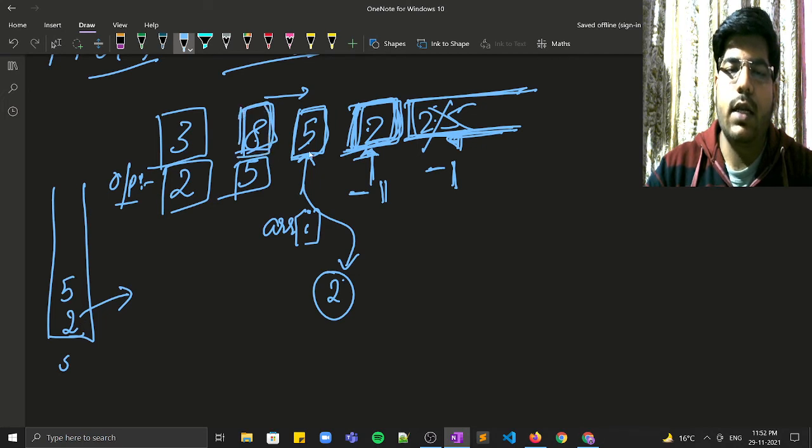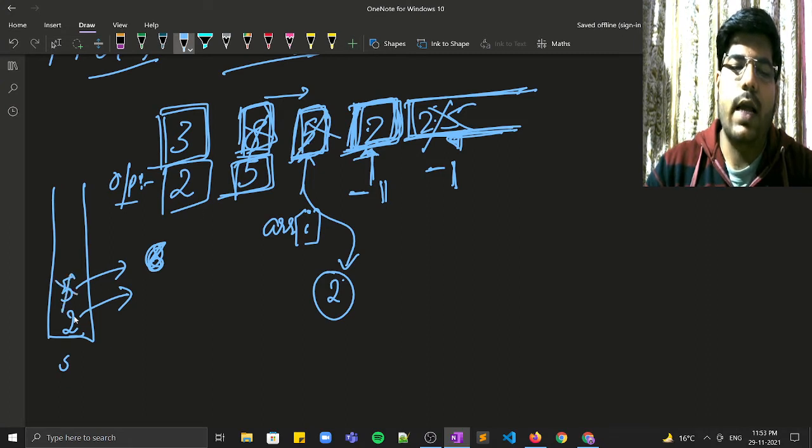Again for 8, if you observe, the next element which is smaller than 8 is 5, and it was present at the stack top, so it is the answer for 8. Now for 3, 8 and 5 were greater, so we don't need them, so we simply popped them out, and now at the stack top 2 was present, which is the answer for 3.